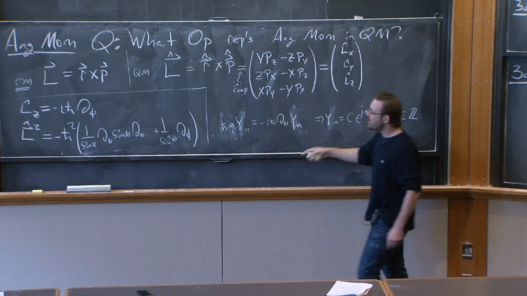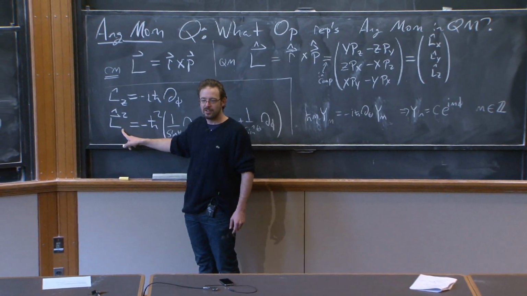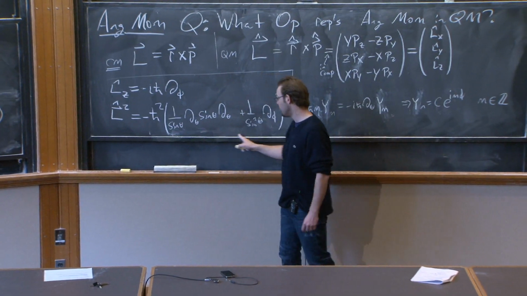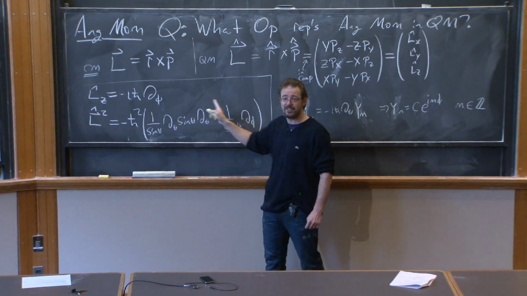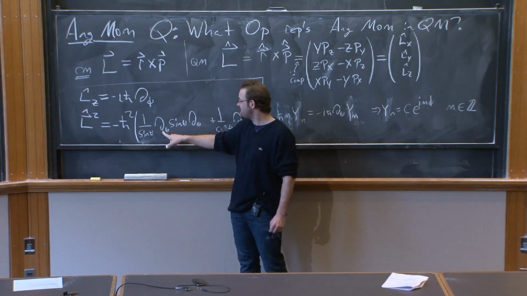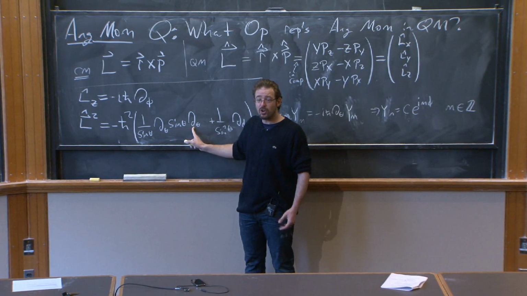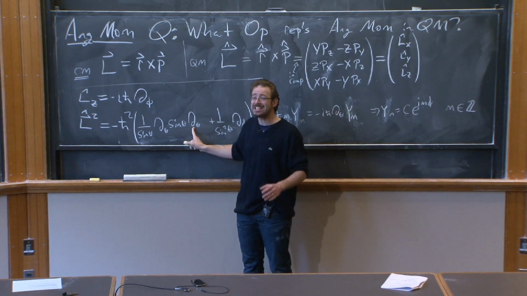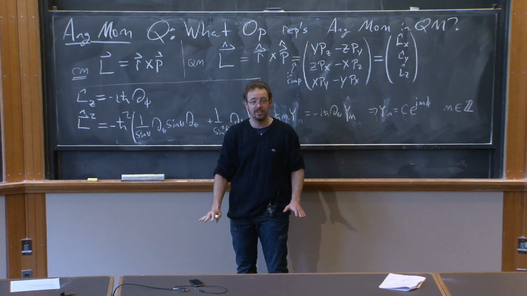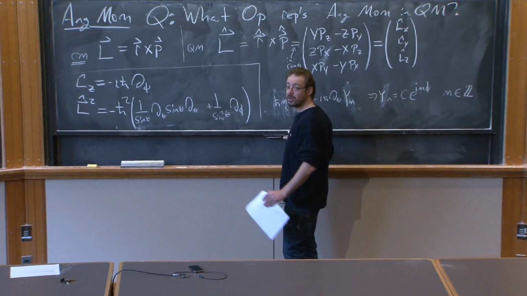Now, we did that for Lz. Fine, we found the eigenfunctions of Lz. What about finding the eigenfunctions of L squared? Exactly the same thing. We're going to solve the eigenvalue equation. But it's going to be horrible to find these functions, right? Because look at this: 1 over sine squared d phi, and then 1 over sine d theta sine d theta. This is not going to be a fun thing to do. So we could just brute force this, but let's all agree that that's probably a bad idea. Let's find a better way to construct the eigenfunctions of the angular momentum operators.